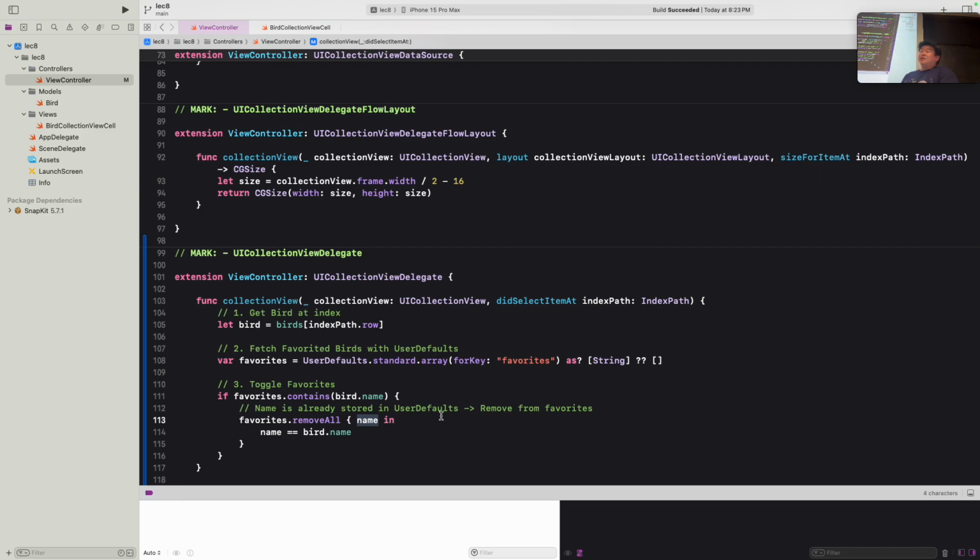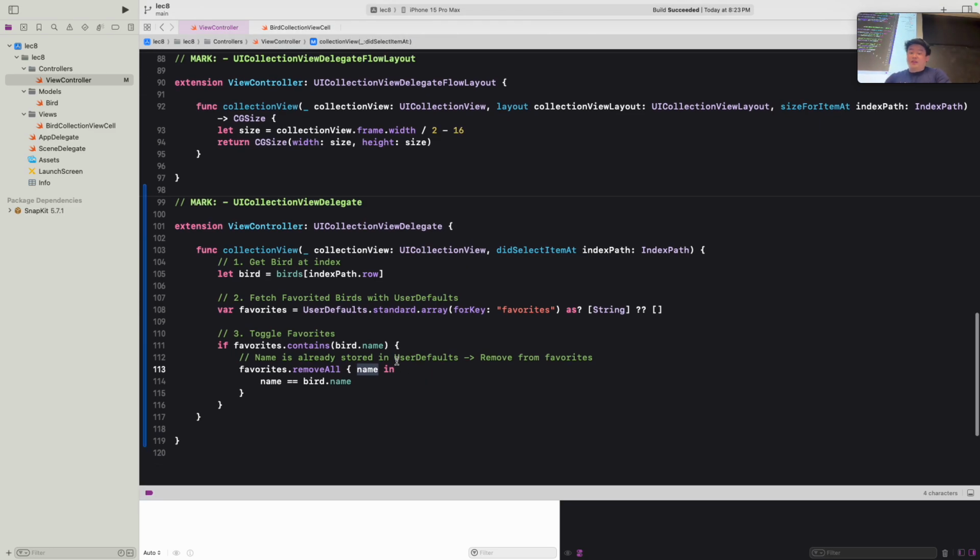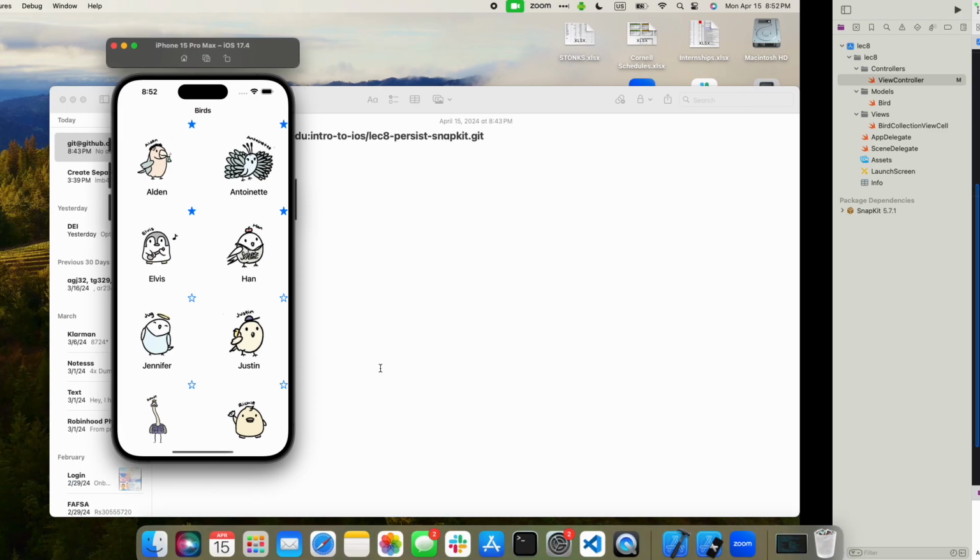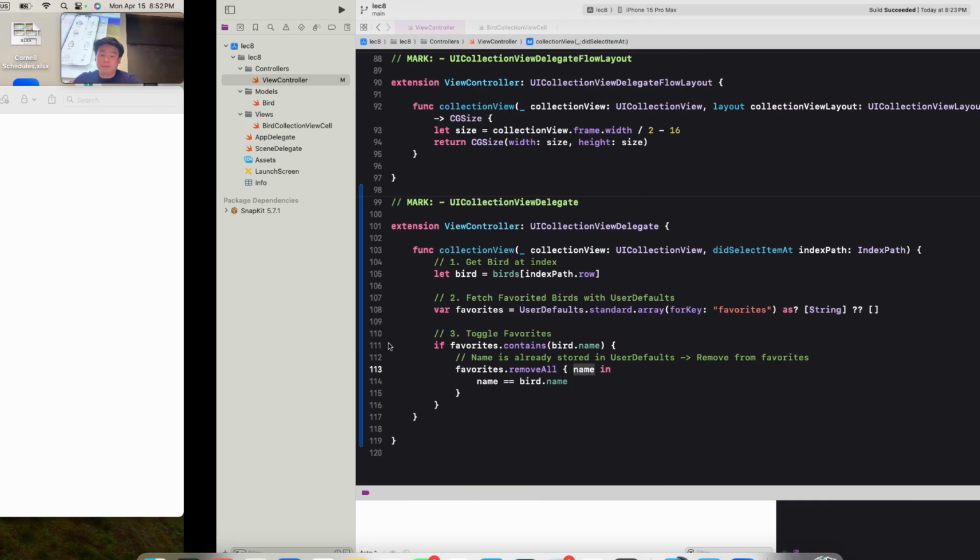The reason being, you can share names with a lot of things. A lot of different things can have the same name but not necessarily be the same object. So in A4, we'll have a custom thing called an ID that each item has, that you'll be able to store. Rather than storing the name, a lot of the time you want to store the item ID. But in this case, just for simplicity, we're going to store the name, because you can see all our birds have different names here.